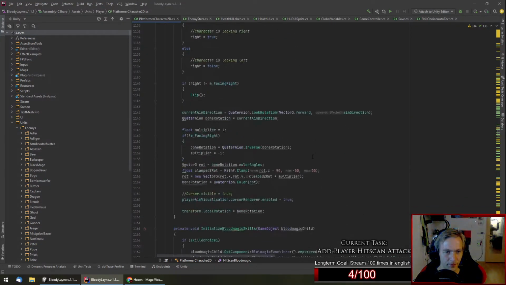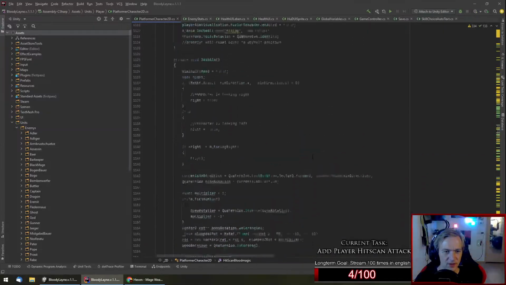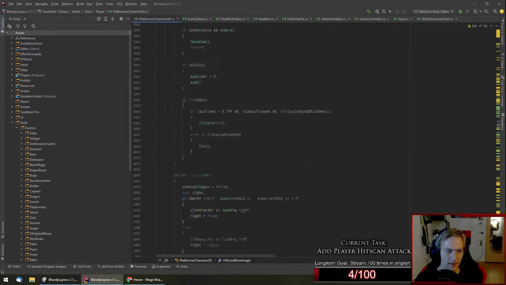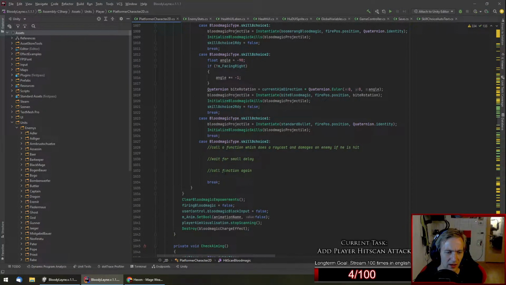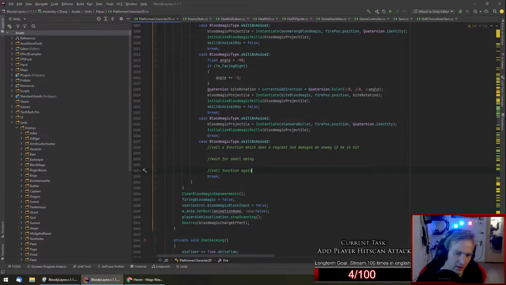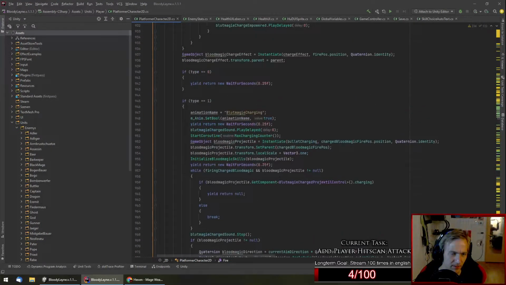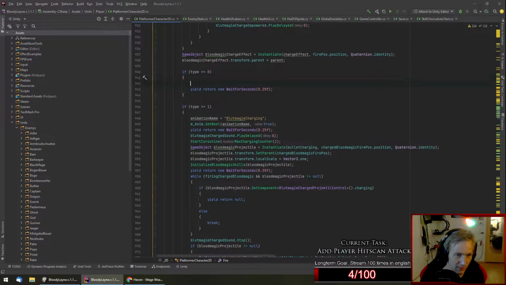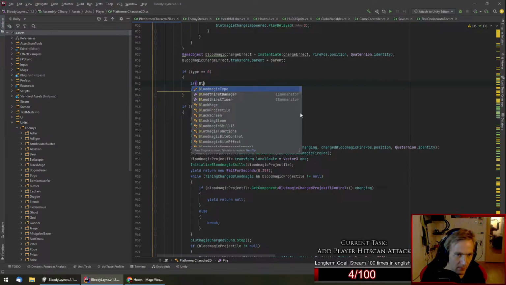So, where do we start? We need to make a new game object. I'm going to check our functions here again. Okay, the only thing that is missing is this delay, 0.25 seconds. If you do a way attack, we want to do it immediately or next to immediately. So, if type 0, you don't want to do this if the blood magic type is skill 0, choice 2. So, if not blood magic type,